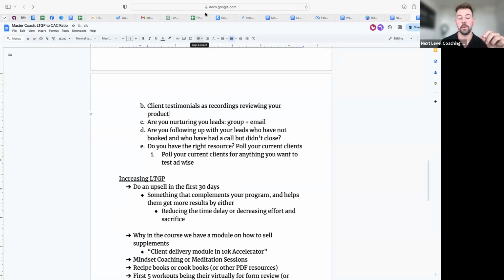And how they'll open it: all you need to give them as the opener is, hey, I just did this program and here's my honest assessment. Then give them free range to fill in whatever they want to say. Just try to keep it under 3 minutes. Those perform really great as ads because you're still getting the client testimonial. It's from a third party, so it's not directly from you, and it's their honest assessment of their program.